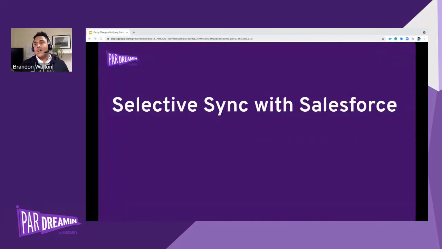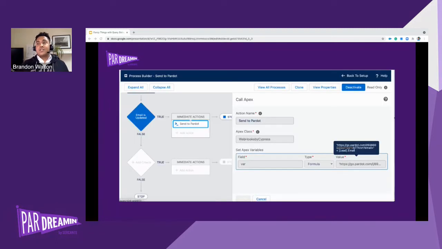Now, my special sauce and what I'm here to talk to you about today is using form handlers, or the idea of query strings to do a selective sync with Salesforce. So the example here, this is using Process Builder. I know Process Builder is going away, so bear with me here. I've also got the Flow version of this. But I have created an invocable Apex class that can be used with things like Process Builder and Flows to send an HTTP post from Salesforce to anything that you want. And where I've been doing a lot of work with this tool, particularly, is with form handlers inside of Pardot.